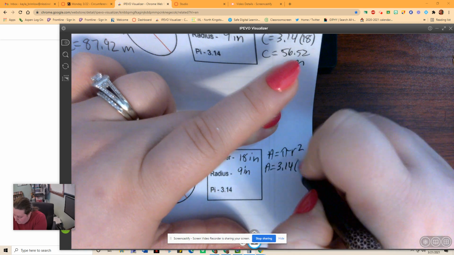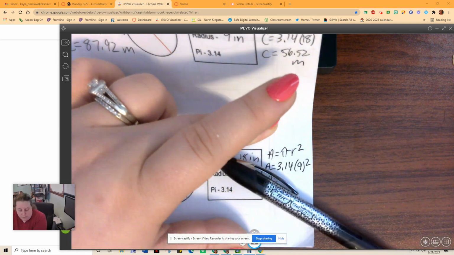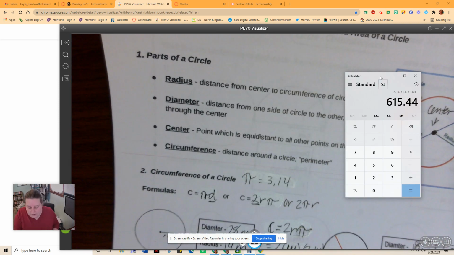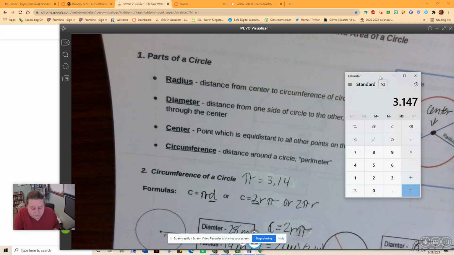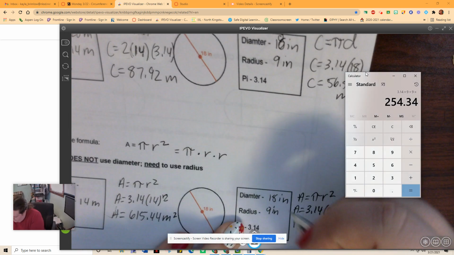Area equals 3.14 times 9 squared. So using my calculator, 3.14 times 9 again is 254.34